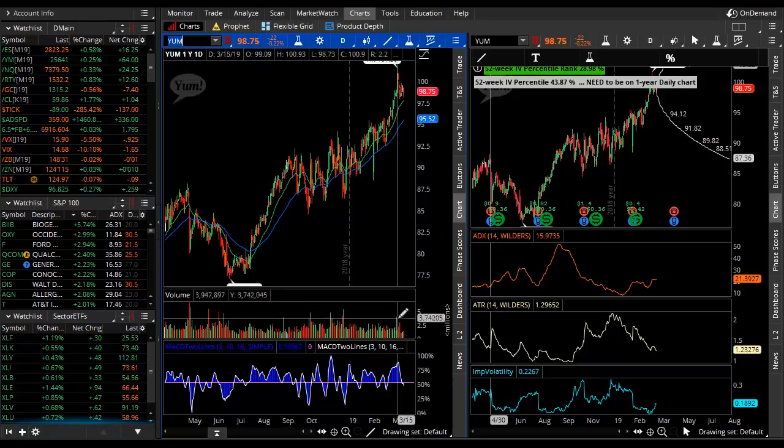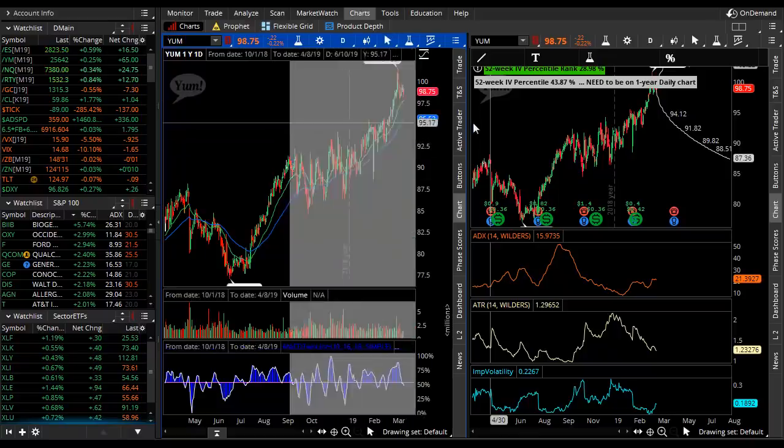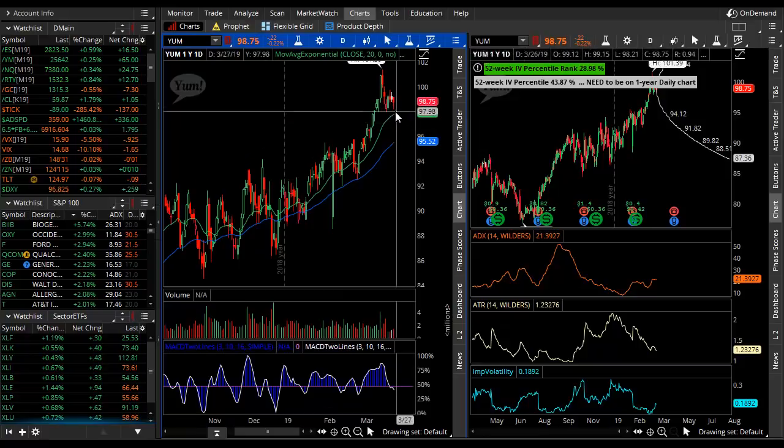We are getting volume and momentum confirming, so we do have a potential support bounce play, or we like to call them pivot plays, roughly into this 98 per share spot. Retracement trade would be a bullish departure up away from here, but just like the market, if this level fails and sellers take us beneath our price